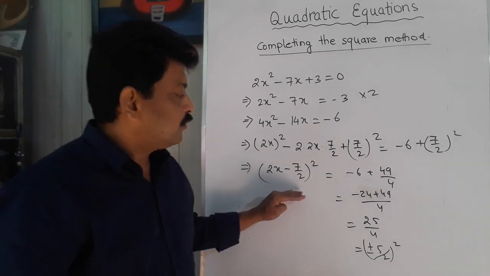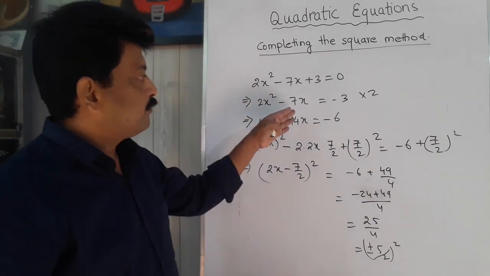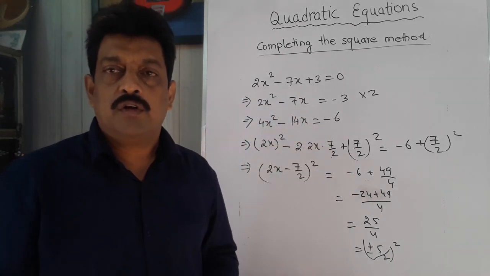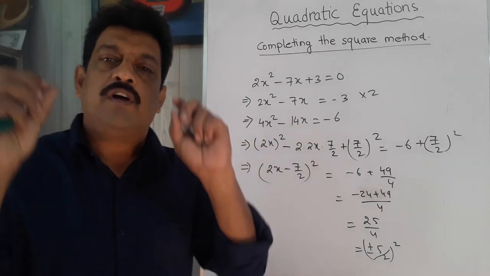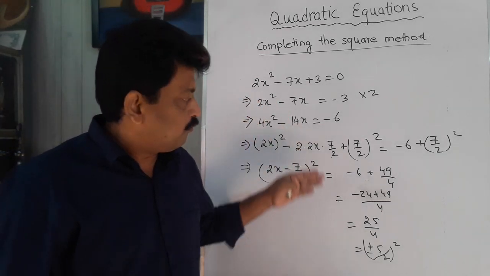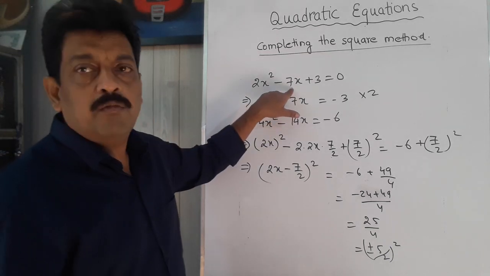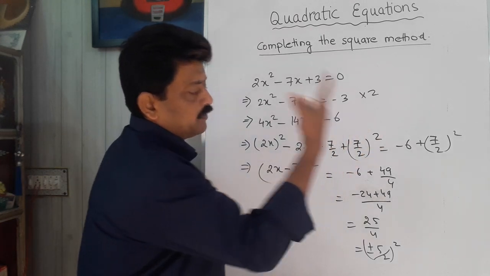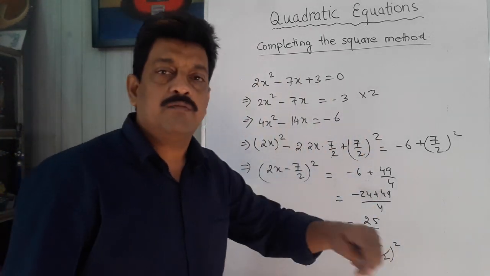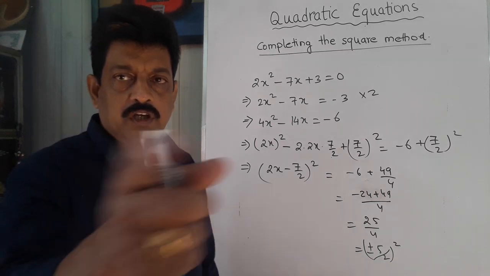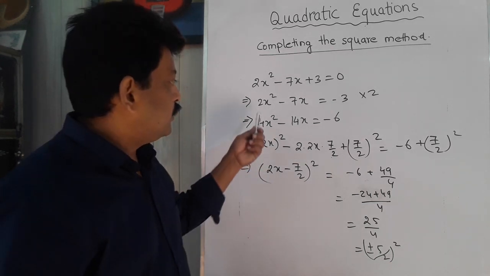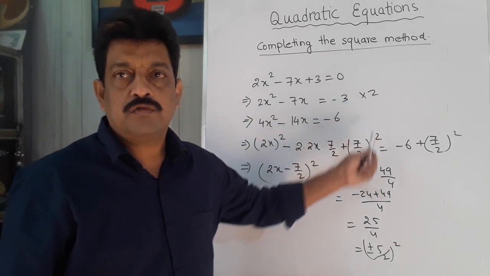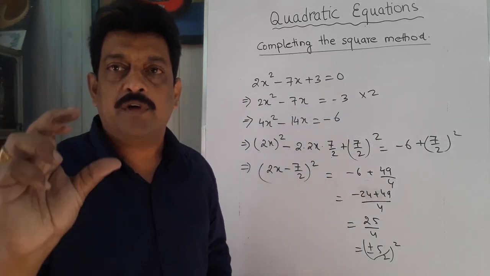Now I am not telling you to multiply or not to multiply with 2 or any other number. You can multiply with any number, you can divide with any number to make it a perfect square. But the problem arises whenever there is an odd number in the middle and you are going to multiply with 2, then the case of fractions arises and our calculation becomes much tougher. Now check what I am going to do. Instead of multiplying this by 2, I am going to multiply with some bigger number.